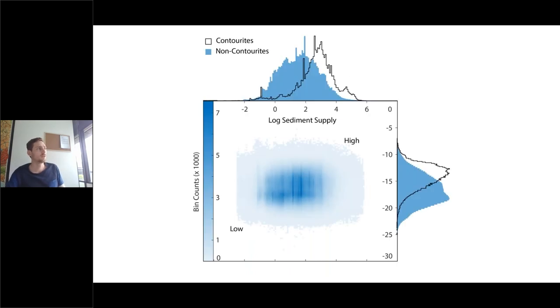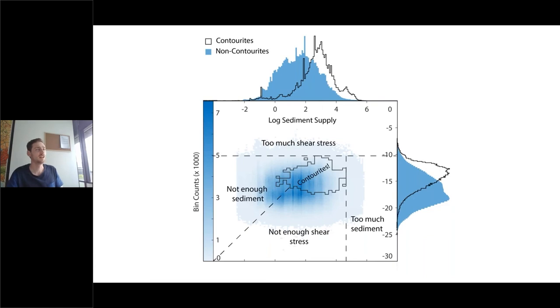Now, what does this look like graphically? So these are the same data, only plotted as a binned density scatter plot. You basically have these data plotted against each other, and it gives you a nice, normally distributed blob of data. And like I explained previously, the contourites tend to form in the top right of this